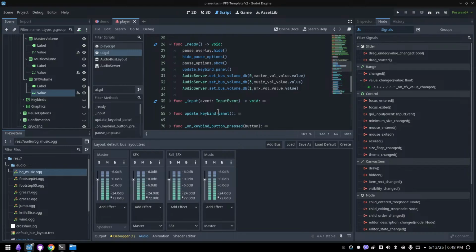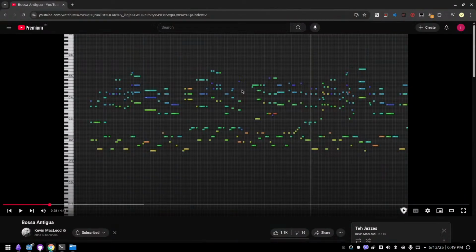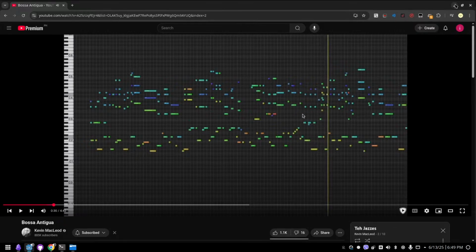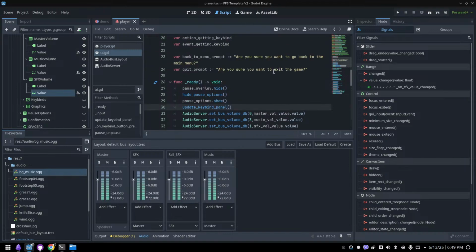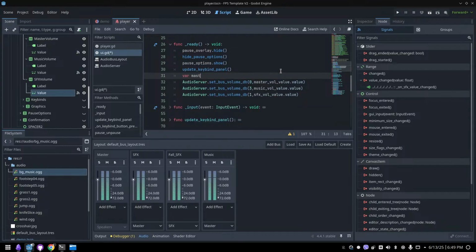Okay. How would I do this? I guess like map, right? I would map the values. Also, did I just break my earphones because of that? Okay, thank goodness. I didn't break my earphones. I thought I just broke my earphones. Okay. Hang on. Var master remapped equals to